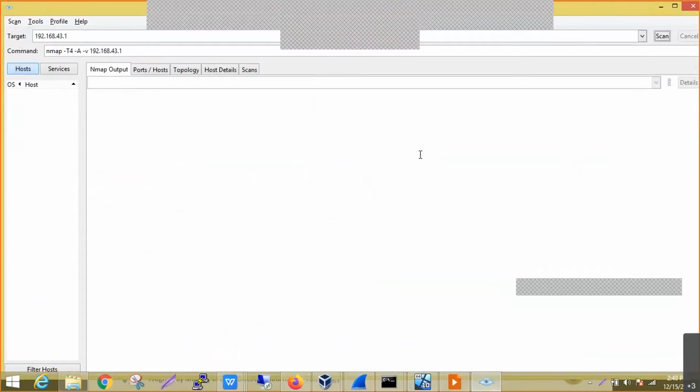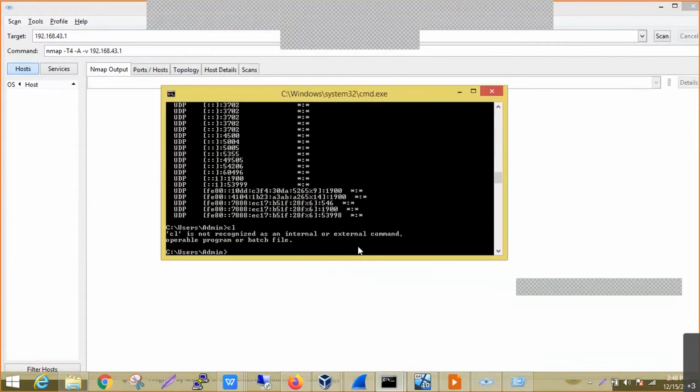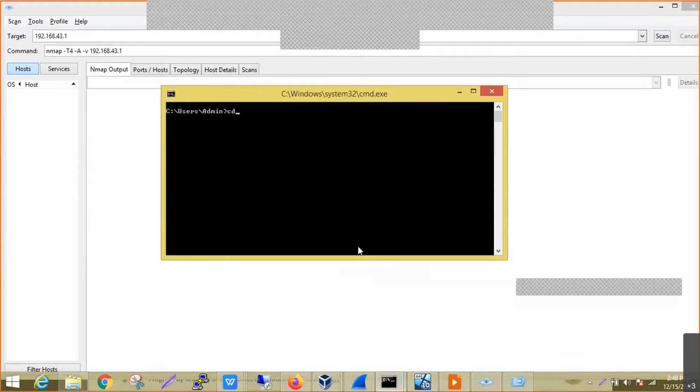The tool will do the scanning for us. Meanwhile, I'll also show you the command.